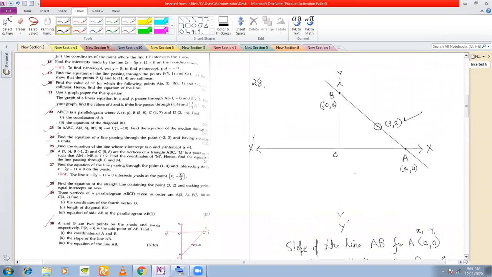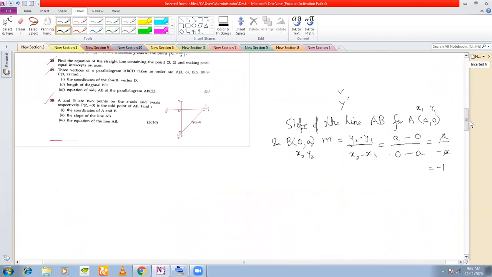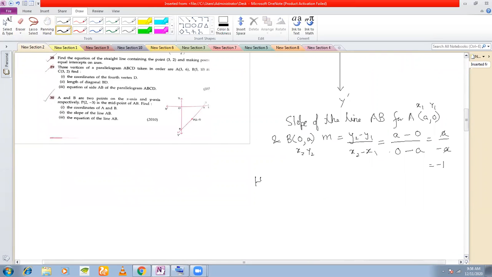And what else do you know? You know a point on this straight line also, another point, (3, 2). If you know the slope of a straight line and if you know a point on the straight line, how do you find out the equation of the straight line? By point slope form. Hence, the equation of the line AB with slope m equal to -1 and passing through or containing (3, 2)